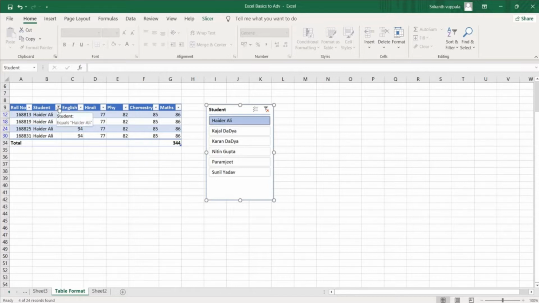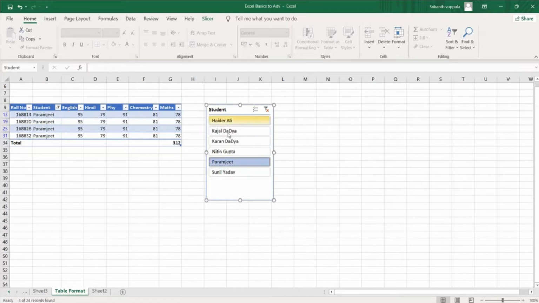So these filters are also useful, but when you have large data, right, when you have thousands of data or lakhs of data in one Excel, you will not be able to remember all the names, right? And Excel will also take some time to filter the data from the drop down. So this is the advanced filters with which we can filter the data very easily. If I want to know Kajal information, see, it will filter out Kajal, Nitin Gupta, right, Premjit. So in this way, using this advanced filter, we can filter out the data, right?